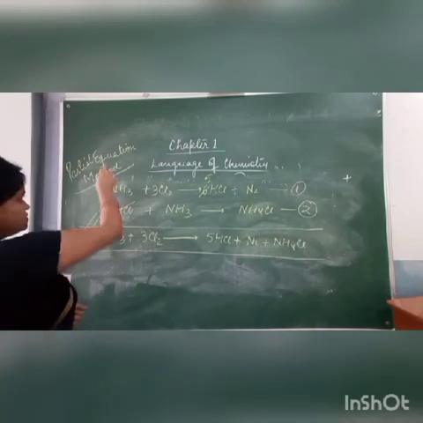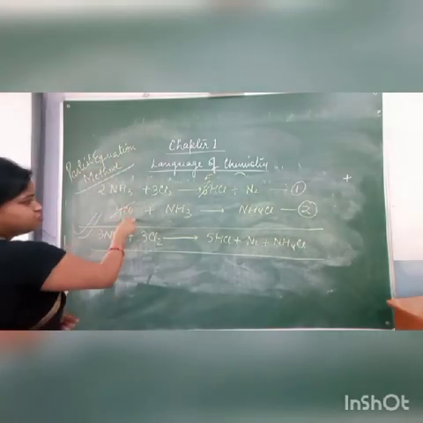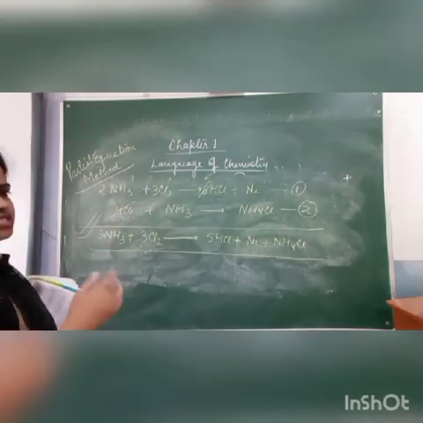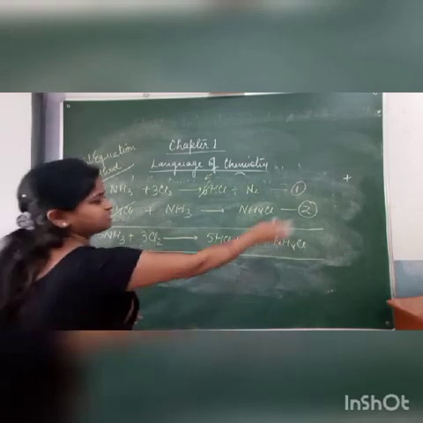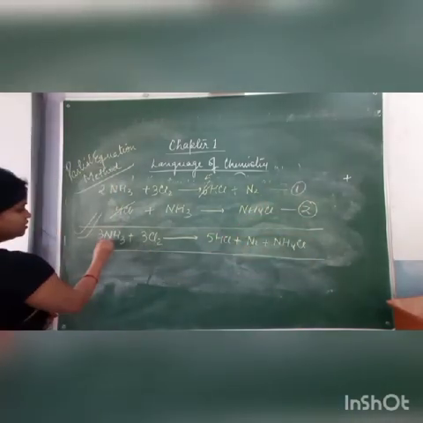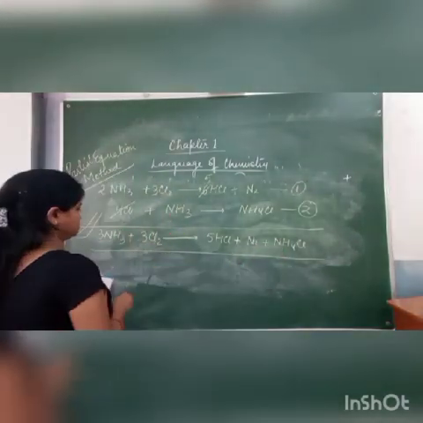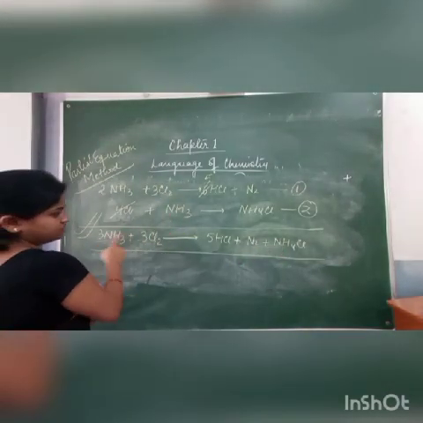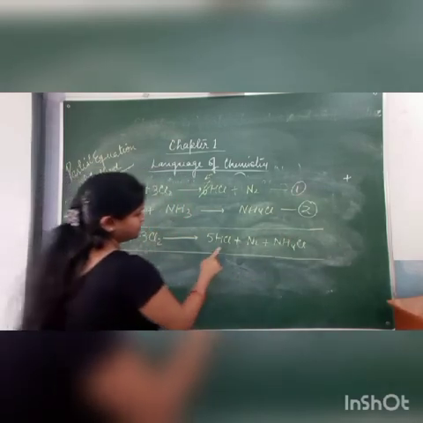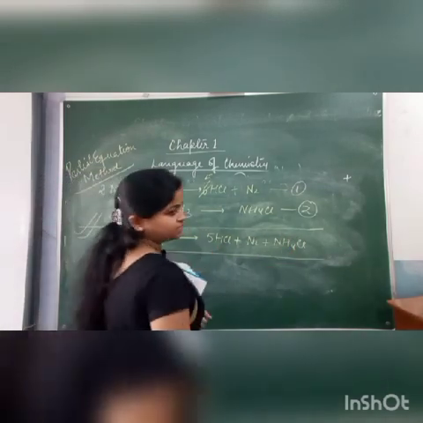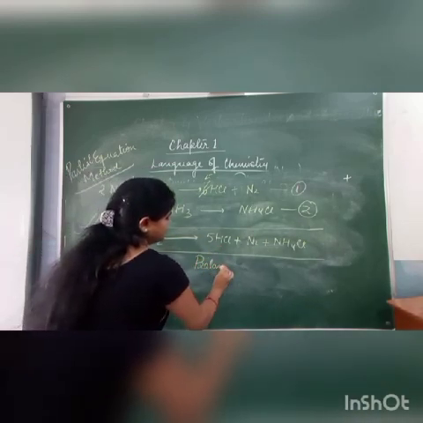Okay? So for the partial equation method, for balancing this equation, we need 2 more equations, or in some cases 3 to 4 equations can also be given. Now let us see whether the number of atoms of the elements are the same or not. 3 nitrogen, 2 plus 1, 3 nitrogen. Then 9 hydrogen, 5 plus 4, 9 hydrogen. 6 chlorine, 5 plus 1, 6 chlorine. Means this equation is balanced. Okay?